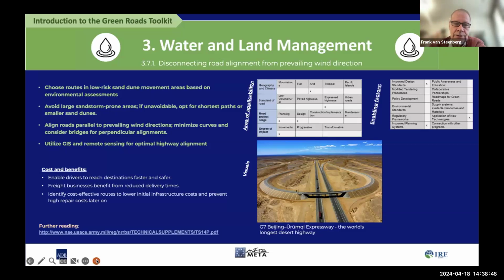the place. So we need to choose routes in low-risk sand dune movement areas, based on proper assessment. We can use GIS and remote sensing for this, and then we can align roads to the prevailing wind directions, make them curve or make them less curves. And in the areas which are most sensitive to sandstorms, we should really consider how we get across these areas. And the second practice is also very